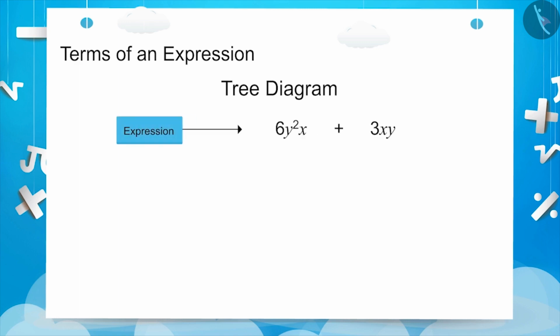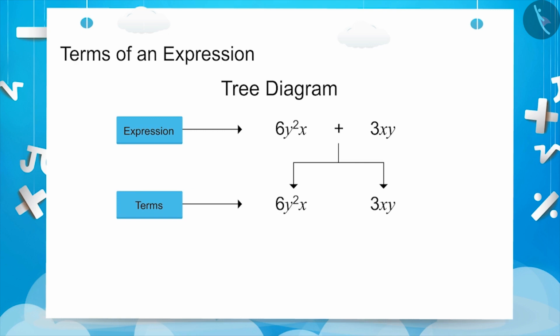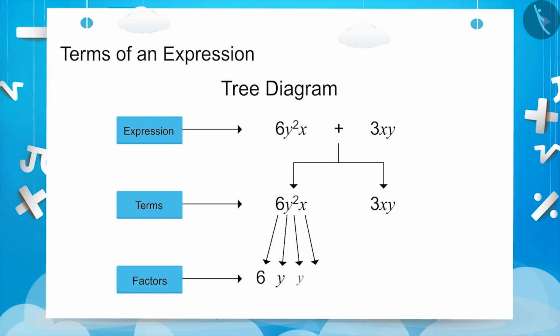Here, the expression 6y to the power 2 x plus 3xy is formed by combining two terms, in which 6y to the power 2 x is the first term and 3xy is the second term. In the expression 6y to the power 2 x plus 3xy, the factors of 6y to the power 2 x are 6, y, y, x, and the factors of 3xy are